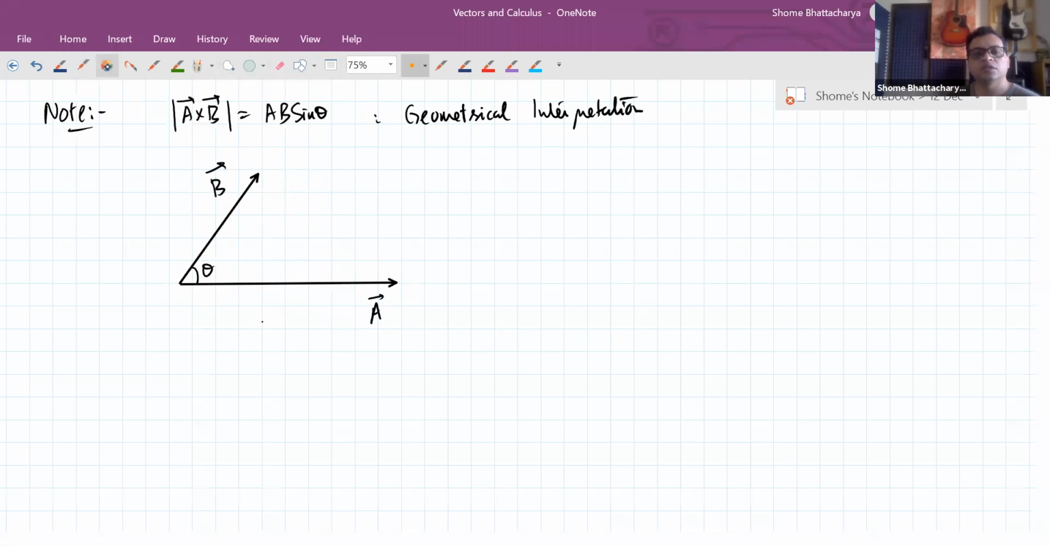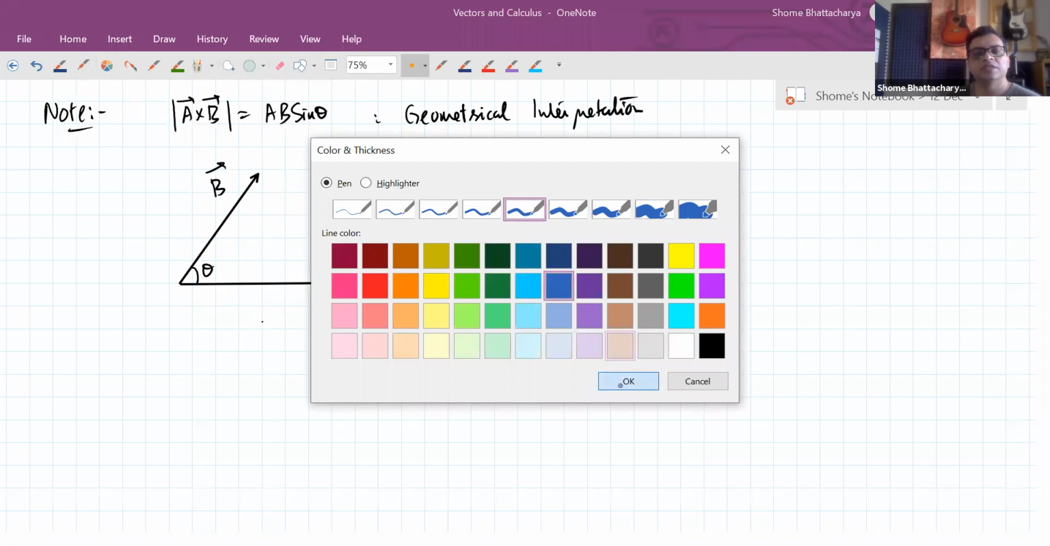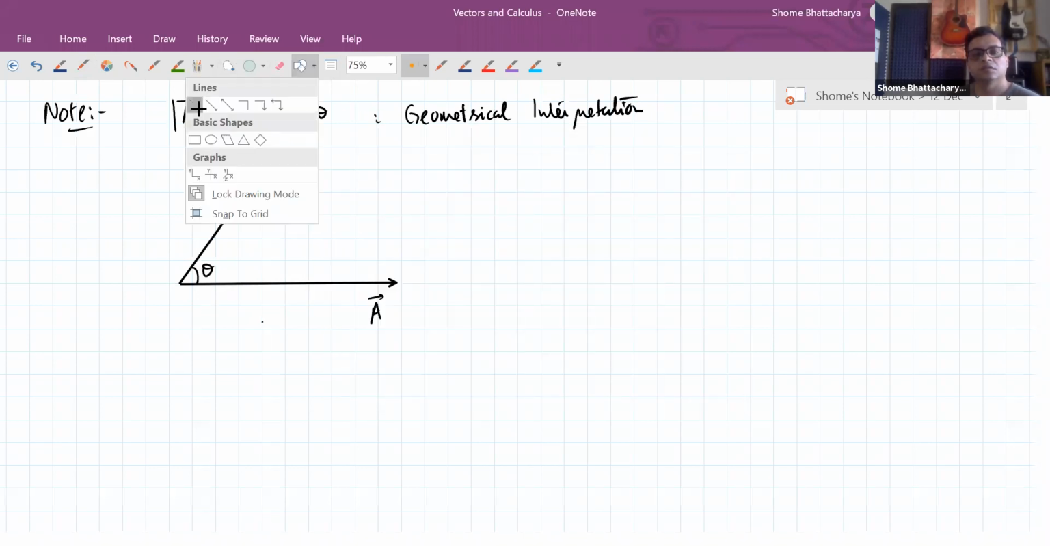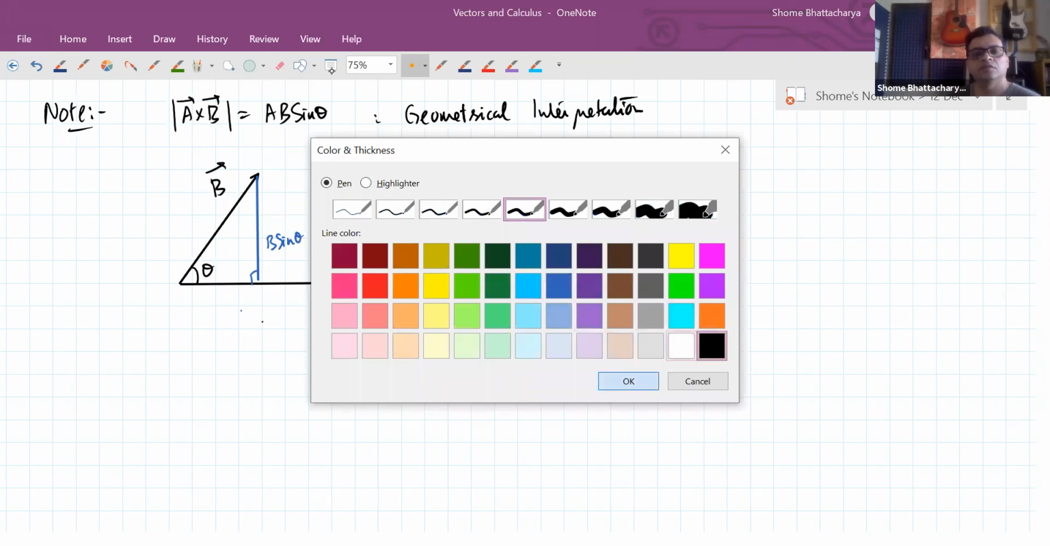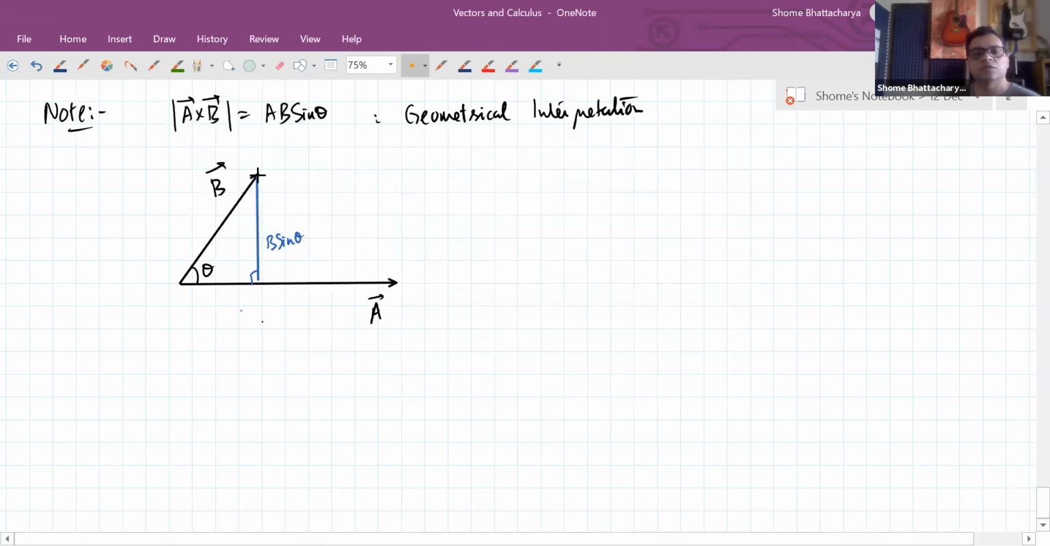Then you can see that the quantity B sine theta is nothing but this perpendicular here. This perpendicular is B sine theta. So ultimately it's like this: if we draw the parallelogram formed by A and B, if we use A and B as adjacent sides and we draw a parallelogram like this, then the area of this parallelogram, this total area,